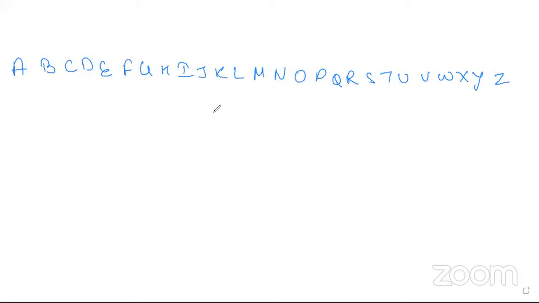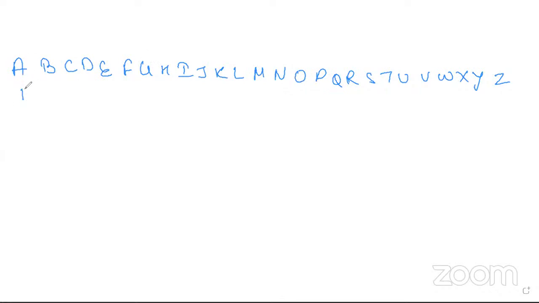This is the alphabet series. Let's check. We have not written something wrong. A, B, C, D, E, F, G, H, I, J, K, L, M, N, O, P, Q, R, S, T, U, V, W, X, Y, Z. Okay. Now these letters are being coded with different numbers